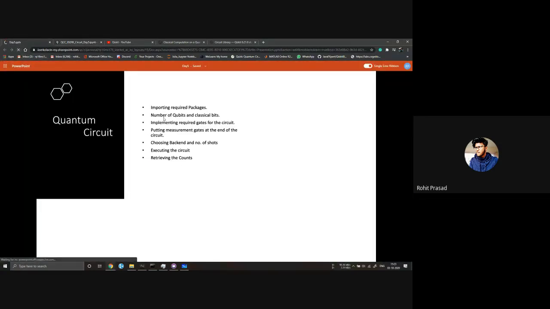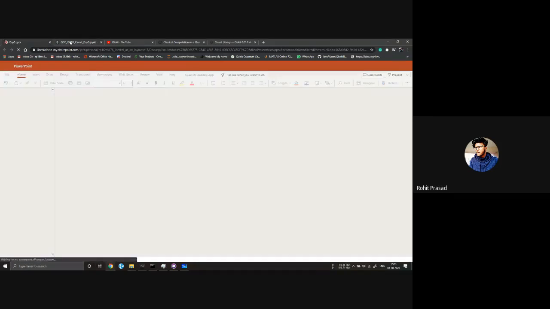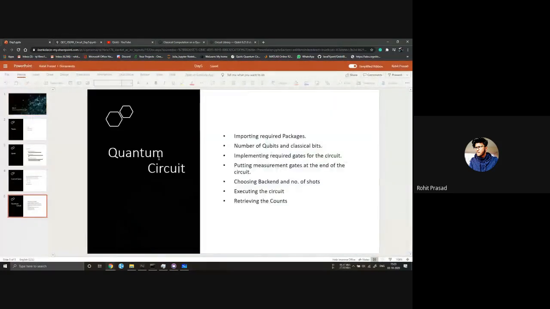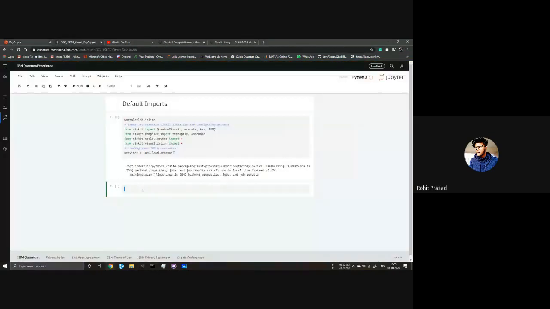The second thing we do is select the number of qubits we want to use and the classical bits we want to use. Let's say we want to make a 5 qubit circuit, and we want the classical register to be, let's say, for measuring the first qubit.